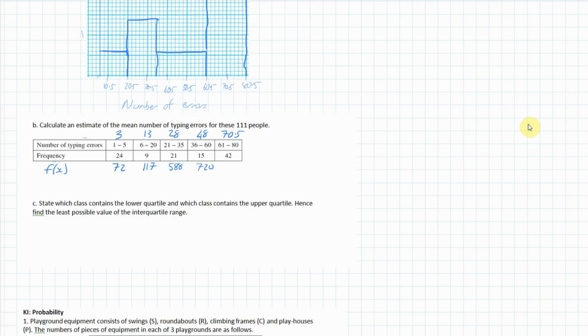And lastly, 42 times 70.5, which gives me 2961. Now, the estimate of the mean is the sum of fx over the sum of f. So for the sum of fx, we add all of those fx values together: 72 plus 117 plus 588 plus 720 plus